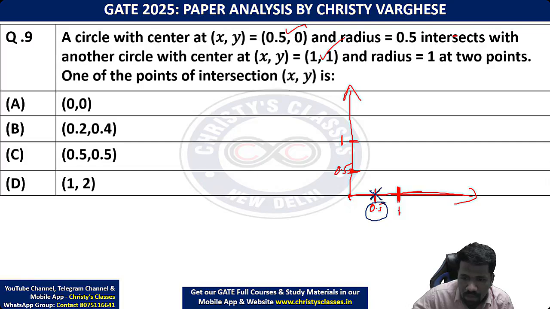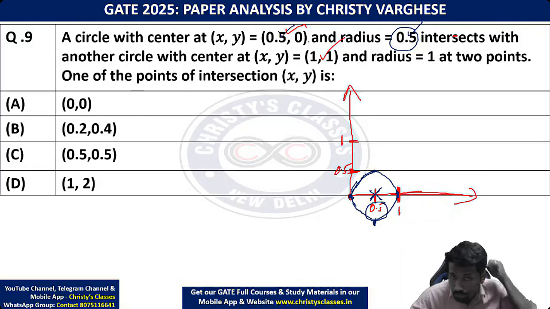So ये होगा फर्स्ट सर्कल का सेंटर और फर्स्ट सर्कल का रेडियस 0.5 है, मतलब to the right 0.5, to the top 0.5, to the left 0.5, to the bottom 0.5. मतलब the circle will look something like this. In the chapter, I will draw a proper circle and explain it. The circle will look something like this because radius 0.5 है और center 0.50 है.